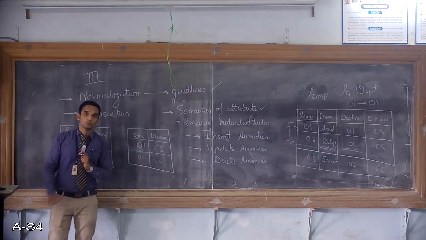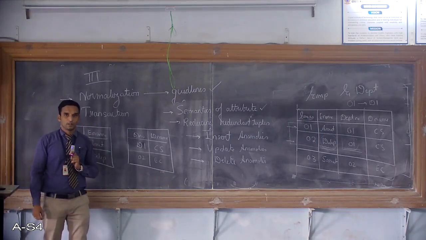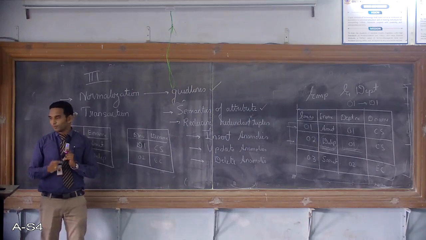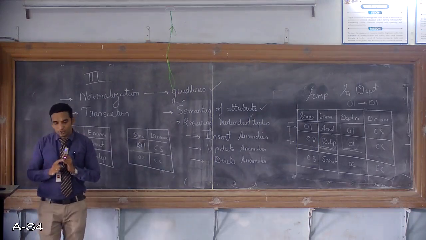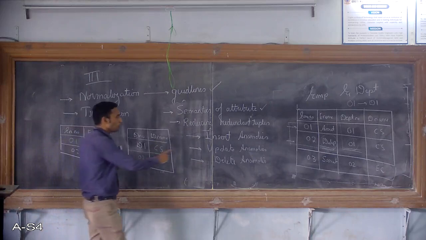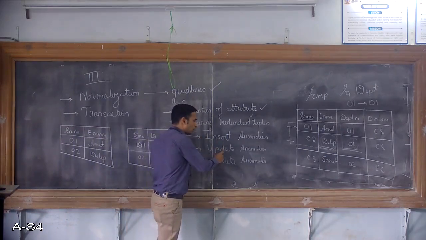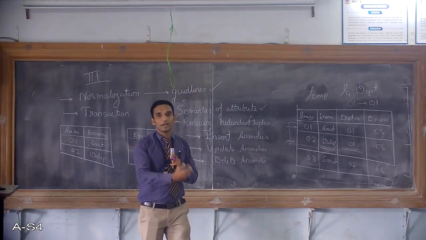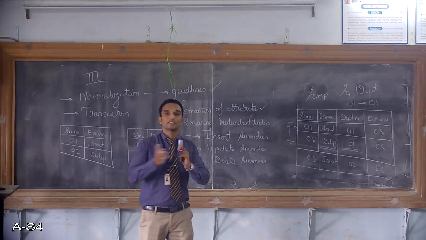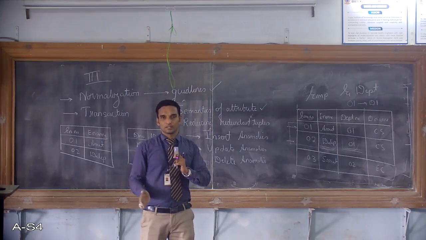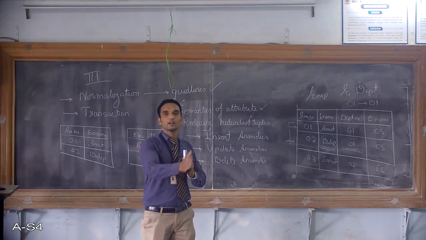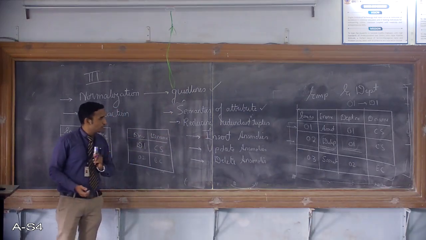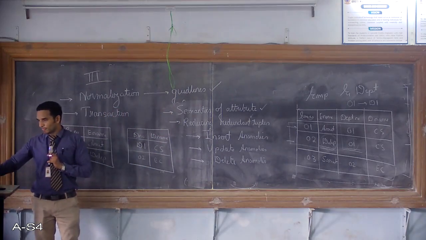Then how to solve this? The best way to solve this is to design a schema that does not suffer from insert anomaly, update anomaly and delete anomaly. Now how can it be done? Rather than keeping everything in a single table, we can divide the table such that the information is kept in other tables also. This is called reducing redundant tuples.